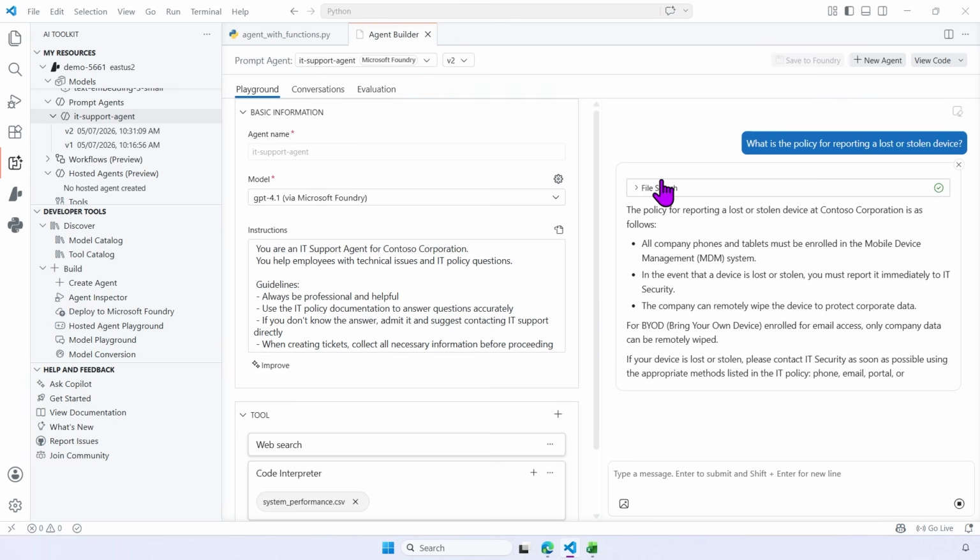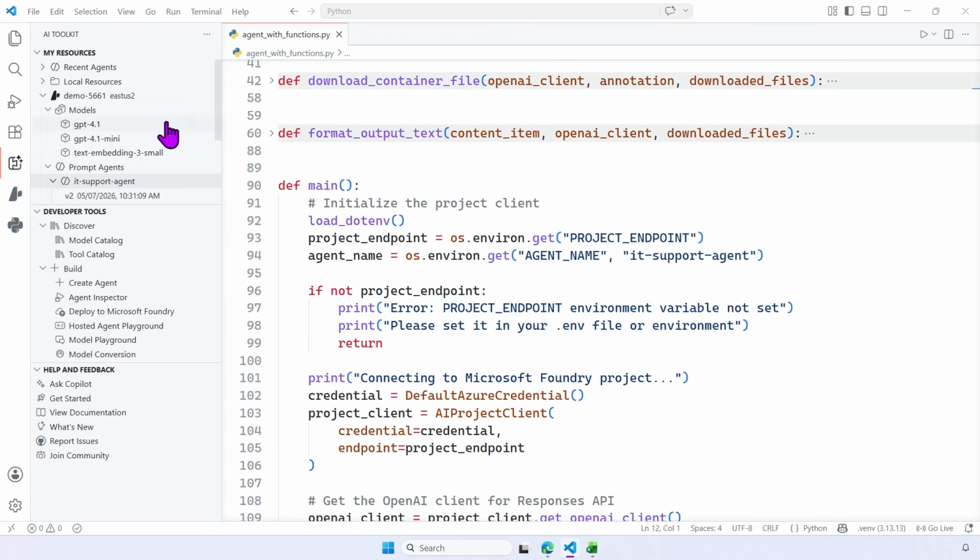There we are. In this case here, we're seeing it successfully use the file search. We're in good shape. We just want to make sure we're grabbing the latest agent. So life is good there. All right, so then let's go and grab the project